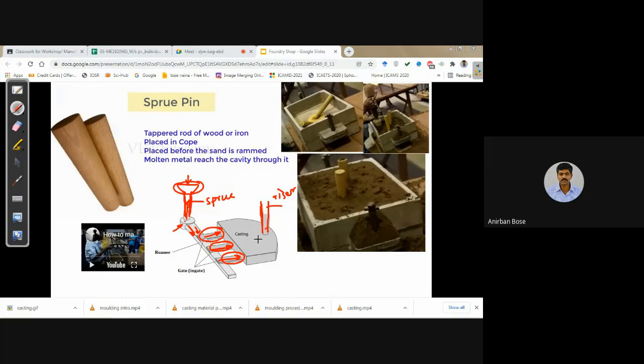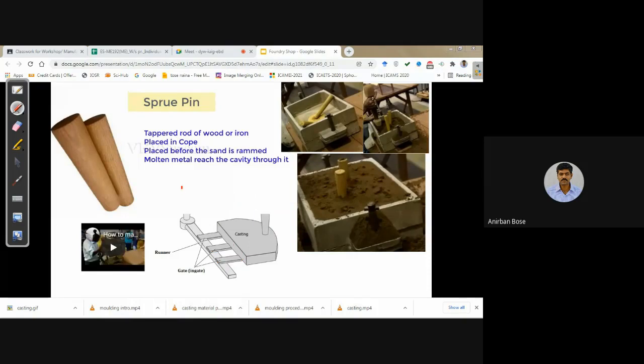When the complete mold cavity is filled with the liquid metal, the excess will gradually rise, and from outside we will be able to observe that the riser is filled up. That means the mold cavity is filled up with the molten metal. That is the purpose of providing a riser.